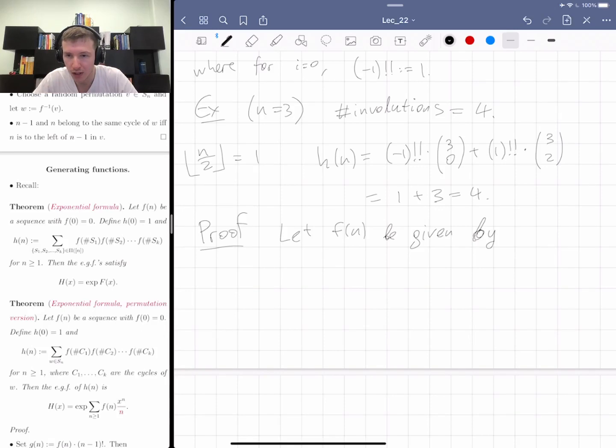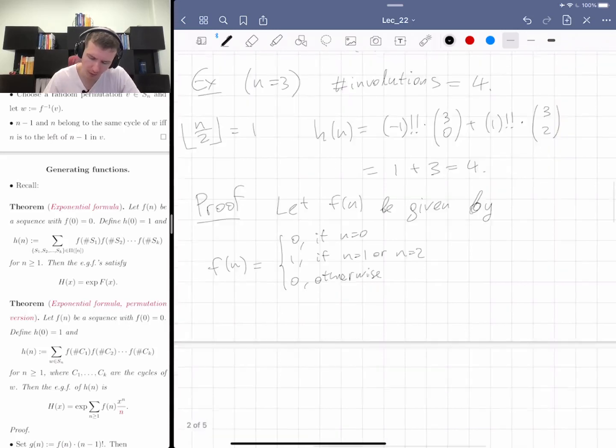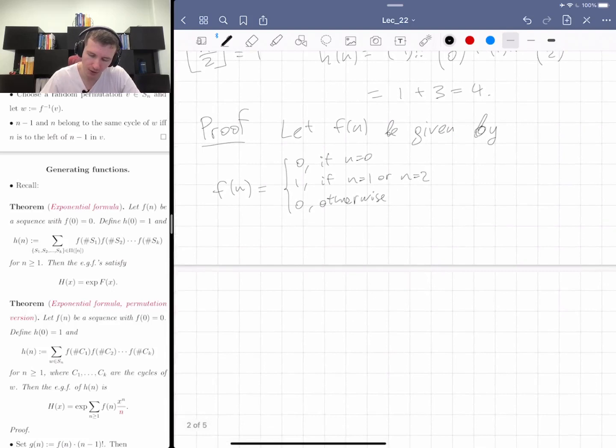f of n is 1 if n is less than or equal to 2 and 0 otherwise. Yeah, thank you, that is correct. So f of n is 0 if n is equal to 0, 1 if n is equal to 1 or n is equal to 2, and 0 otherwise. I guess I could have just erased this line here. Anyway,